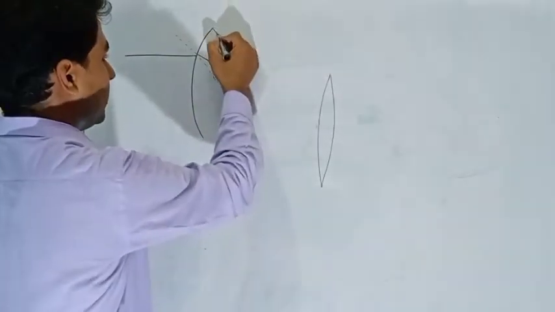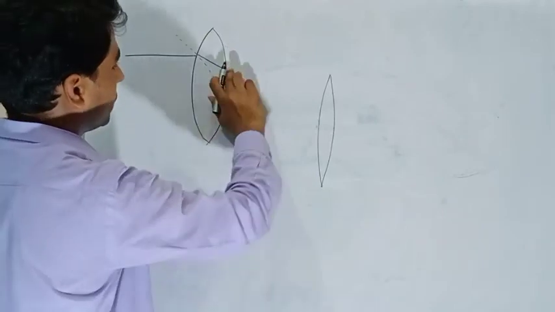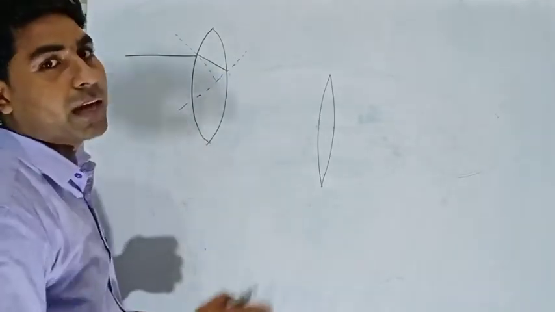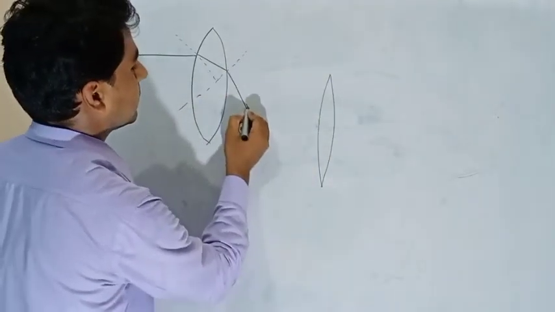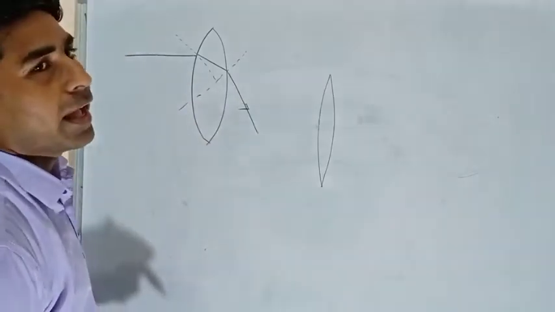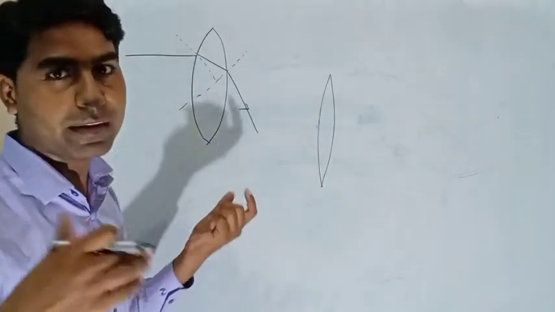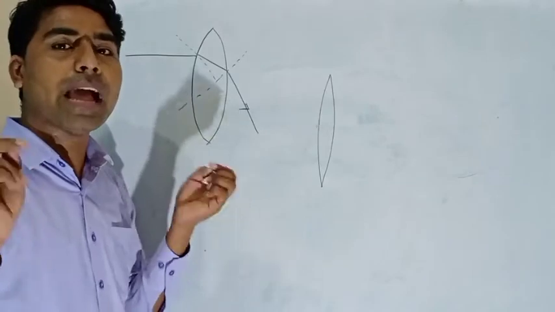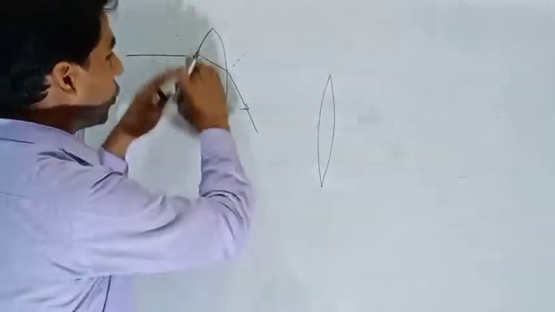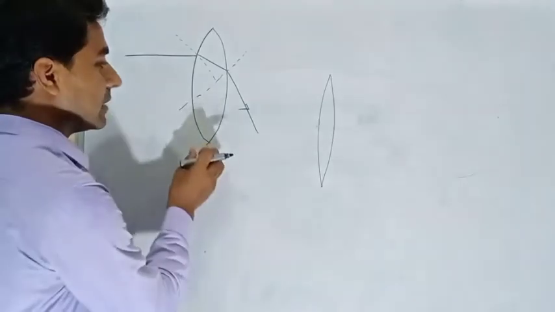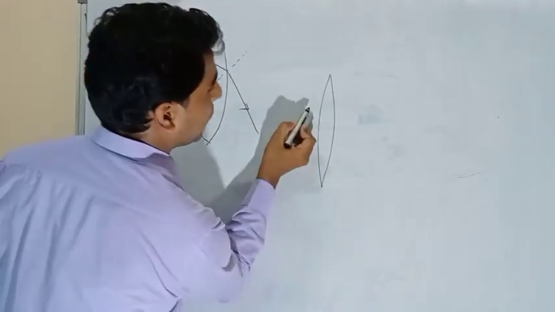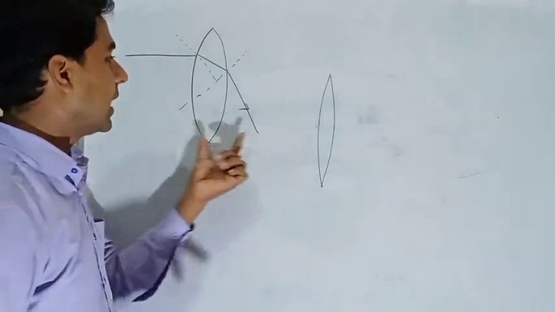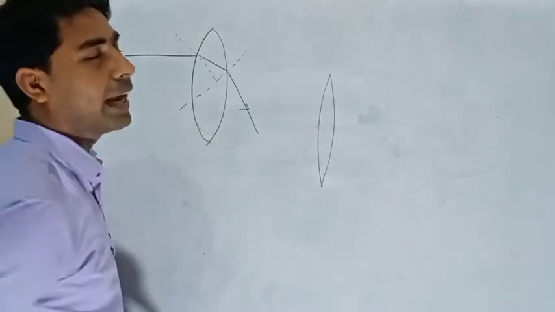Again, one more surface is here, see. So you have to draw the normal again. This normal will be somewhere here. This time the ray will bend away from the normal, so it will look like this. Now you might be thinking, sir, this is looking like a very thick lens. It is not about thickness right now. This same phenomenon will happen in the thin lens also, but I have just shown it in the diagram. You can consider this is the thin lens. If I do the same from here, the same process will happen here also. I just wanted to show you in expanded form, that is why I made this diagram.